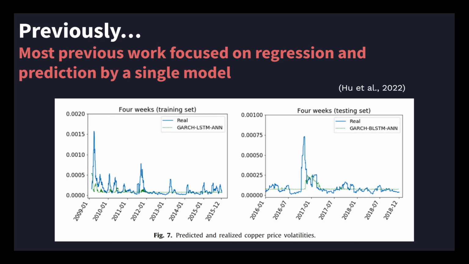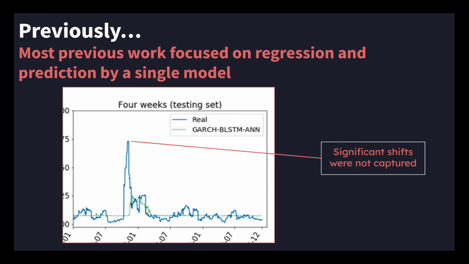So, initially when we were looking into this domain of time series price data for various commodities, what we found is that a lot of the existing work is largely regression based and they use predictions by a single model. And regression certainly has its use cases. It's useful for predicting trends and such in a time series. But when we took a closer look at a lot of these works, we found that while they reported very good metrics, the trends produced by their model weren't very good at capturing these spikes, these points where a large shift, whether it be up or down, happens within a very short amount of time.